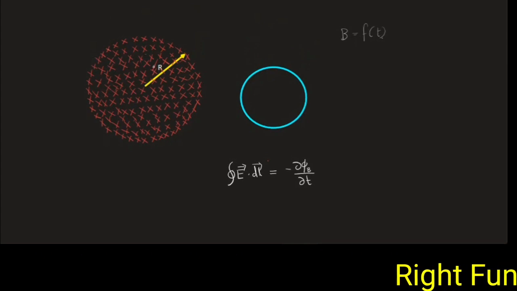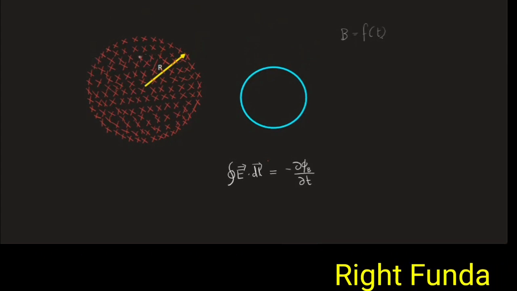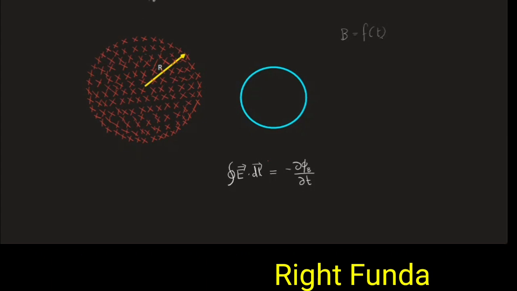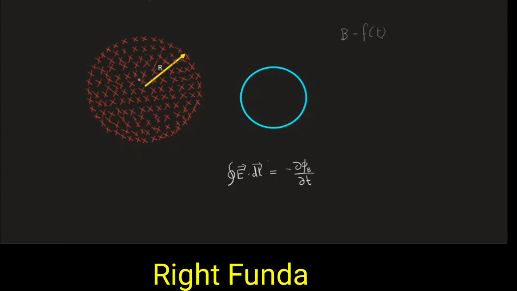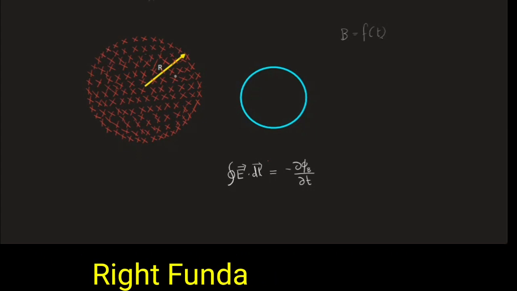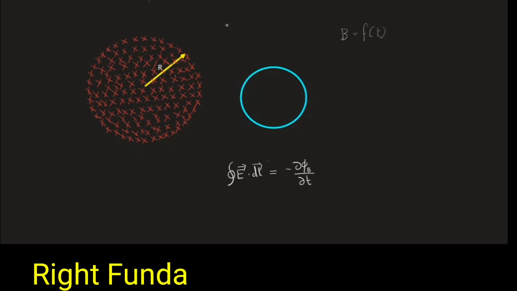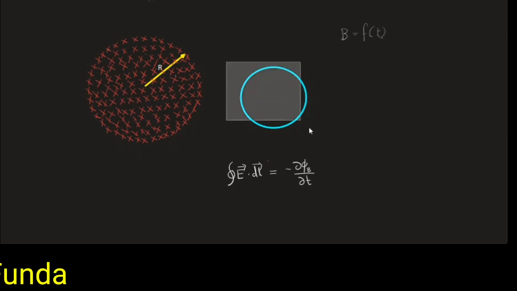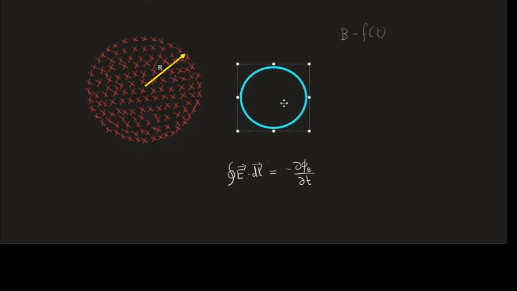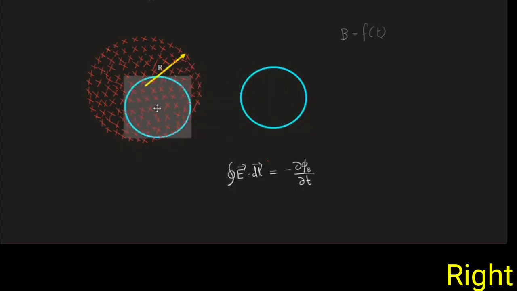One is inside this region, where the magnetic field is there. Outside, the magnetic field is not there, but the electric field will be induced everywhere because of the changing magnetic field. So inside, what magnetic field will be there and what electric field will be induced, and outside, what electric field will be induced. First, you must have read in your school,